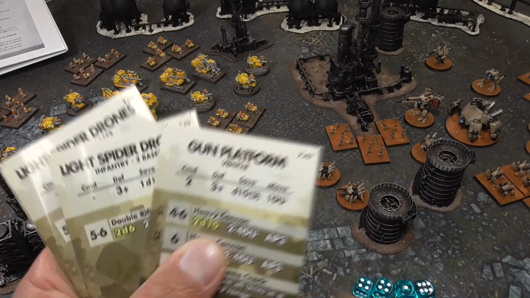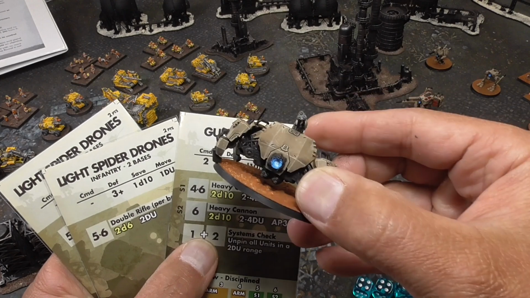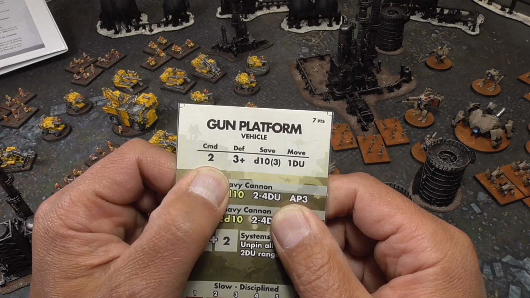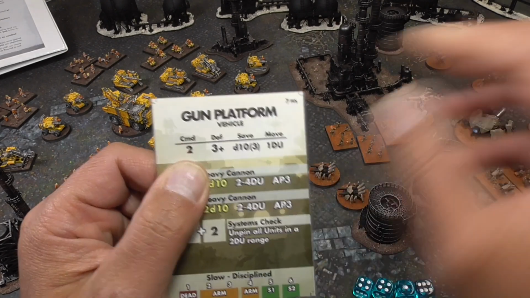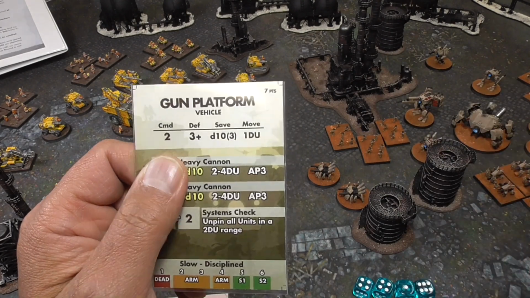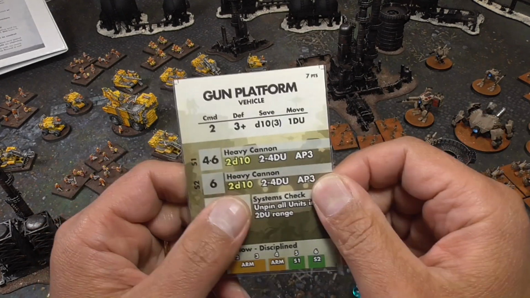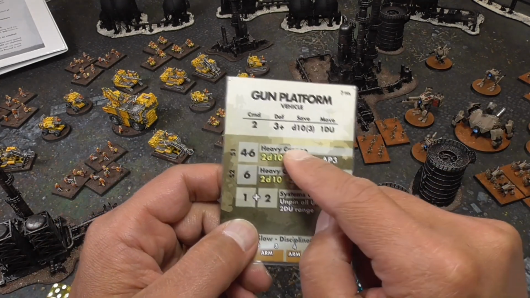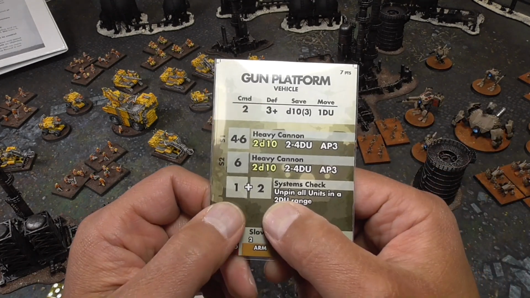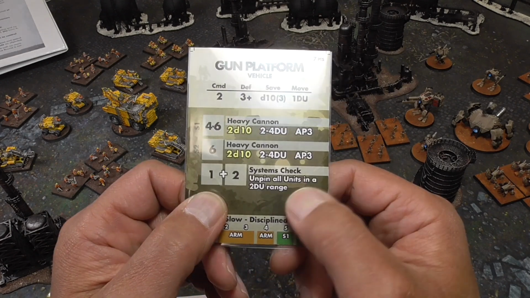But let's go ahead and take a look at the gun platform, which is this bigger unit. It costs 7 points here, and I'll use that as an example. Basically, it has Command 2, which means that once you activate it, you are able to activate 2 other units, and they get a free activation because of the command ability. And then you're going to be placing dice here to be able to use any of these abilities. So I would need both a 1 and a 2 on my dice rolls